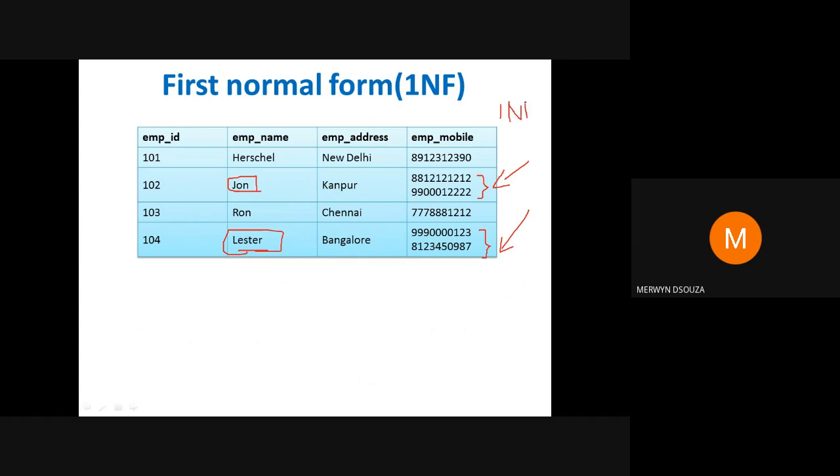Whenever we see that multiple values are stored, such tables are not in 1NF. To put it into 1NF, we'll have to organize it in such a way that each mobile number for John is stored on a separate row. So let's see how to do that.